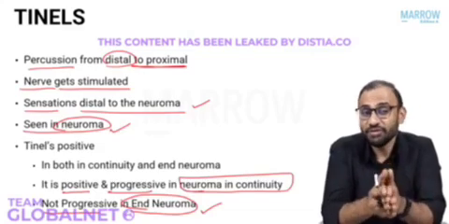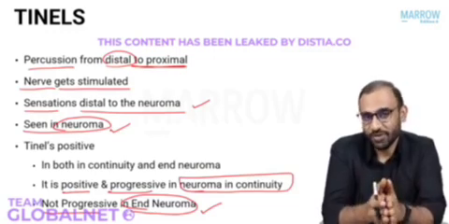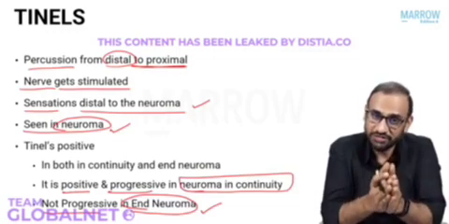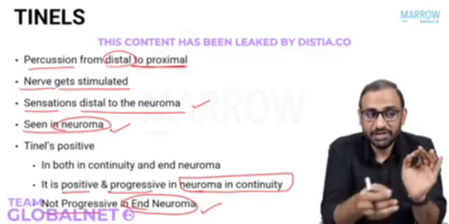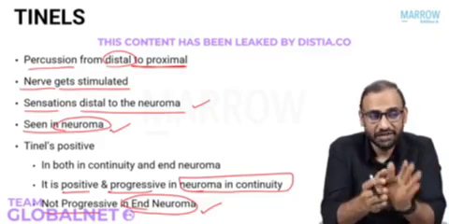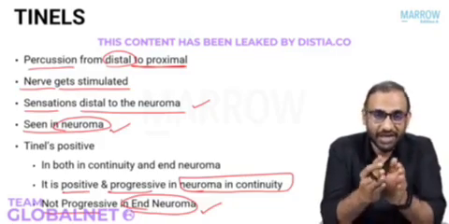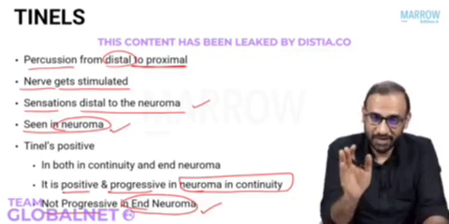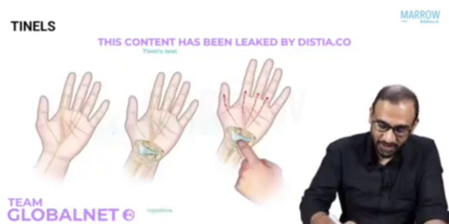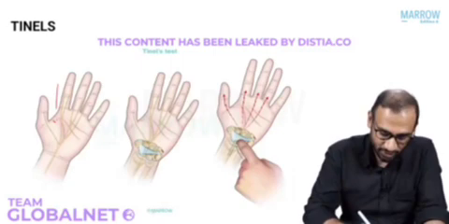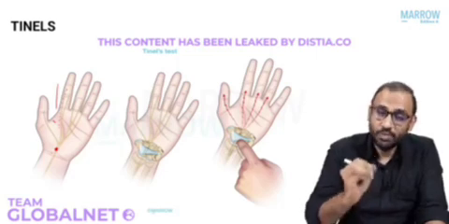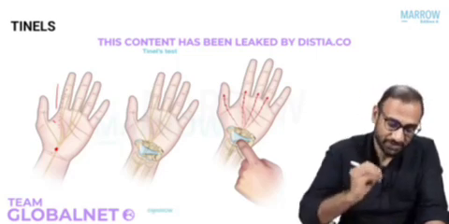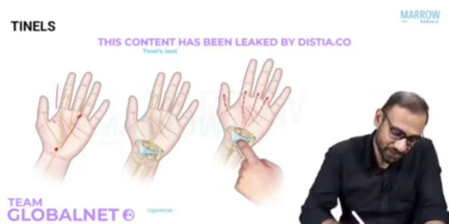So what is the requirement of a positive Tinel? Neuroma is a requirement. If Tinel's is positive, it means there is a neuroma. If it is progressive, it means neuroma in continuity. And if it's not progressive, it means the end neuroma. Okay? Clear? So this is a diagram showing you that you're tapping the nerve from distal to proximal. The moment there is a neuroma, the nerve will get stimulated. Now, the moment the nerve gets stimulated, the patient will tell you he's getting sensations distal